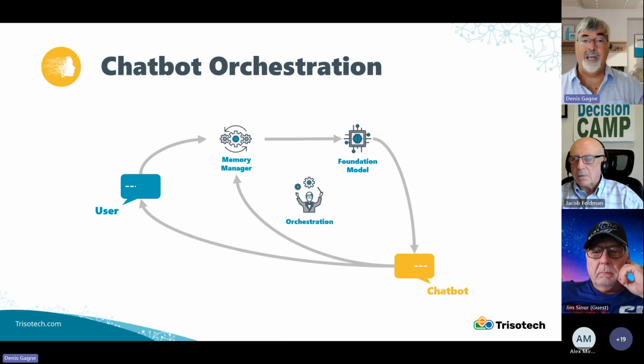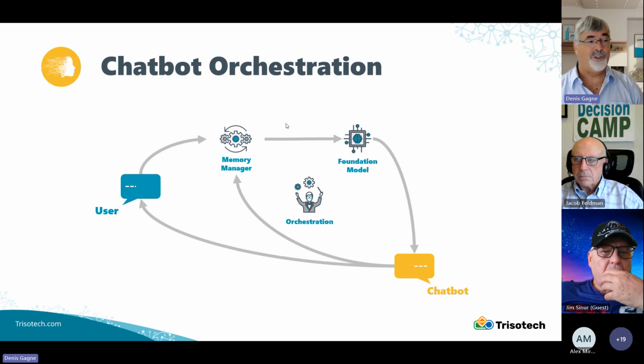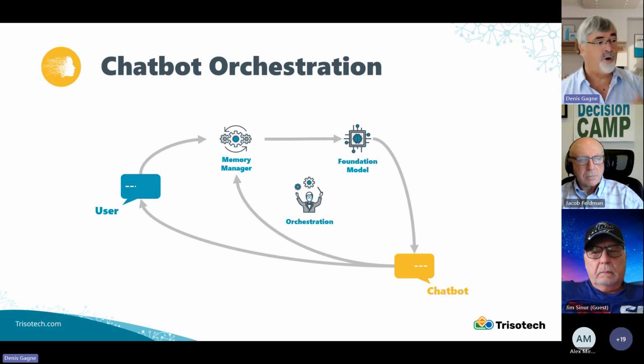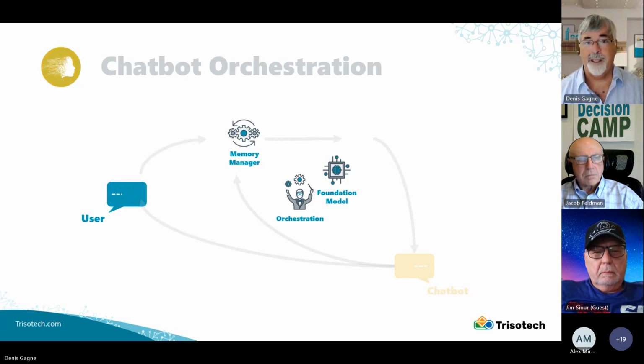So what you can do then is add, I didn't show it here, but I could add a summarizer component at the exit of the manager of the memory. So I can take the memory, summarize the memory very tightly so that I use that. So then you can combine all these different pieces and orchestrate them into what you want.